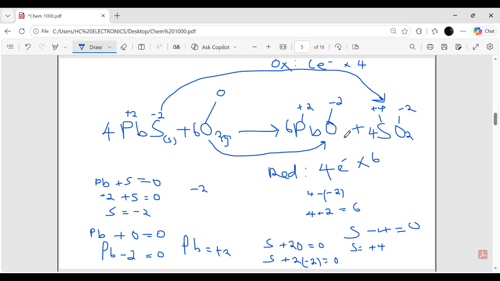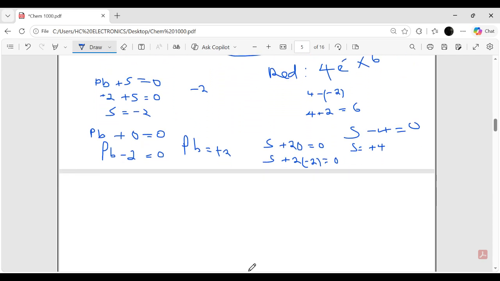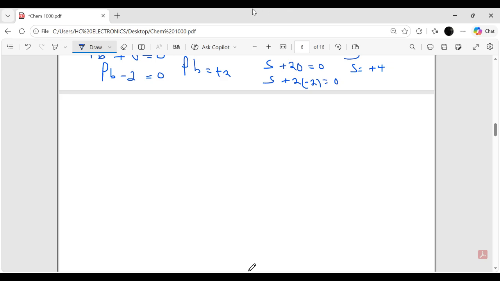So you just look for a common factor, which is what? 2. You divide this by 2, and this by 2, and this by 2, and this by 2. As a result, you're going to have an equation which will be what? Which will be 2PbS plus 3 oxygen, because it's all 6, okay, then is equal to